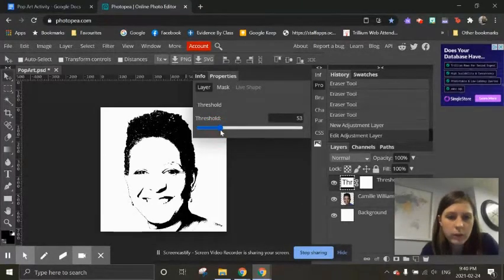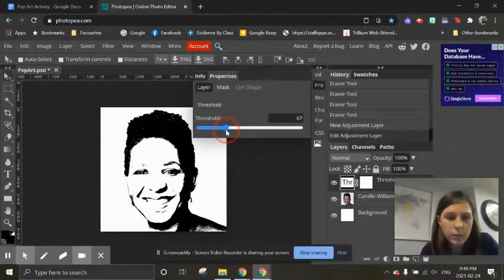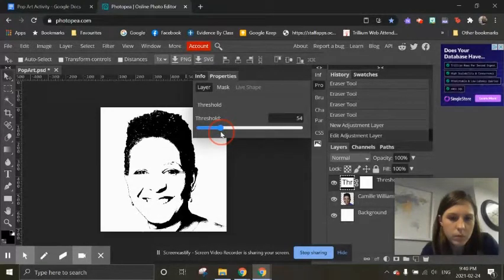So we're going to adjust this a little bit at a time until we get the ratio that we like. Okay, I think I'm going to leave it about there, but there's a few areas that I want to touch